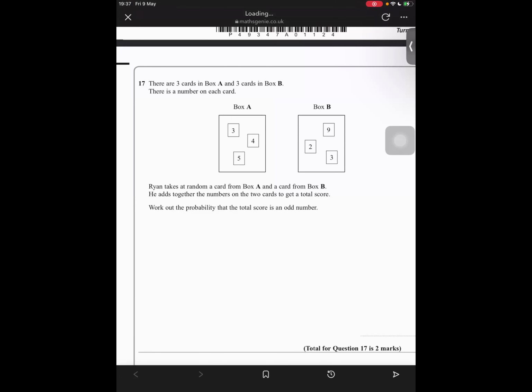Number of required outcomes over number of possible outcomes. You may need to write that down so you remember. I think we did that once while you were still here back then. So the number of possible outcomes is